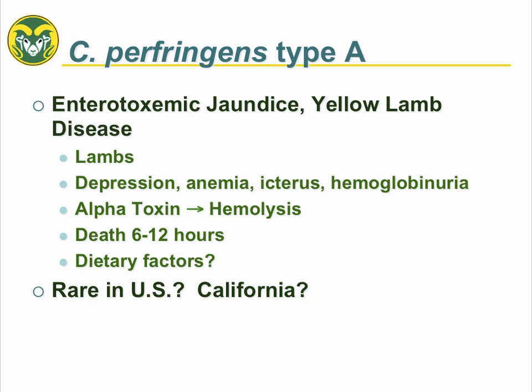Well, if they're dead, you'll see these aspects too. The alpha toxin does cause some of the hemolysis as well as the cell death. Death is often very rapid with all Clostridial diseases, or can be very rapid. And dietary factors are thought to be an important aspect in these. Probably, again, high concentrate grain